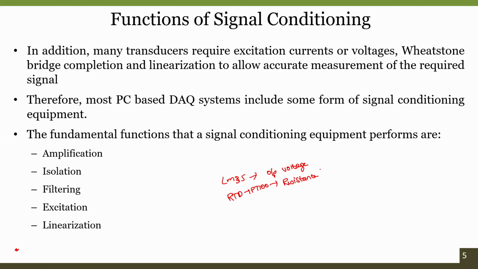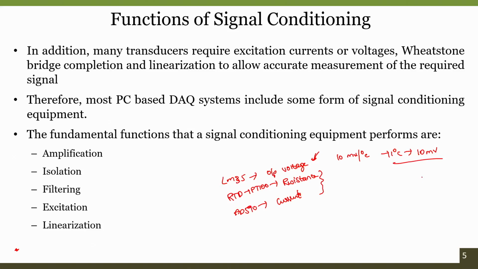AD590, which is another type of temperature sensor, gives output in terms of a current change. So imagine a situation where you do not have an output change in terms of voltages, but have output change in terms of resistance or current, or even if you have an output voltage of 10 millivolt per degree centigrade, where every 1 degree change in the temperature will change the output by 10 millivolt. Given this situation, if you directly interface this 10 millivolt to an ADC, imagine how many levels of the ADC you are going to utilize and what a complete system that is.